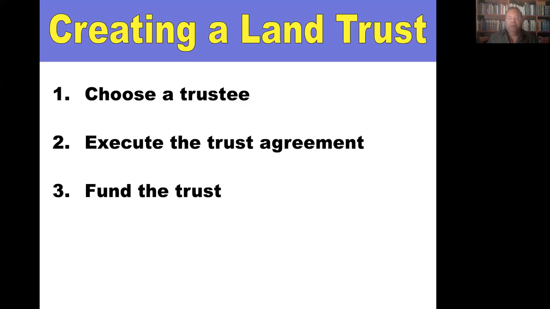And likewise, with a land trust, you have to fund the trust by putting a property in the title of the trust or the trustee's name, okay? So if you already own a property, whether in your own name or in an LLC or co-owners, you would deed it from that entity to the trust. If you're buying a property directly in trust, then the buyer on the contract is the trust and the seller signs the warranty deed directly to the trust, okay? Just as an aside here, if you buy a property with Fannie, Freddie type of financing, they don't allow trusts to take title at closing with a loan.